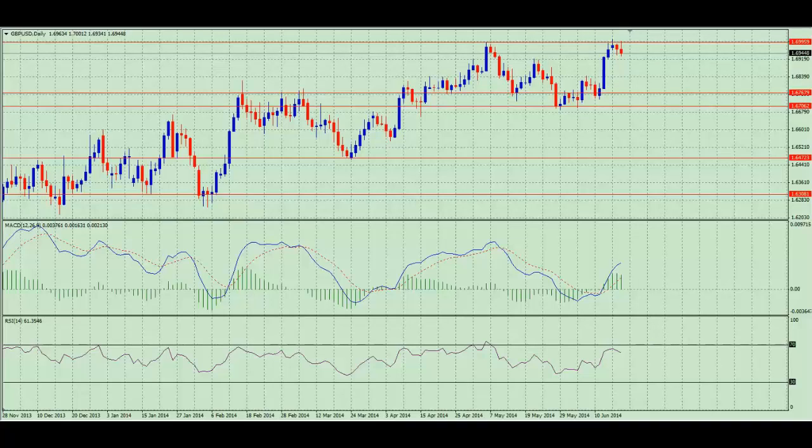We are looking at the pound US dollar today, and the main reason is that there was some news out this morning, so it's to look at how the news can potentially impact things. But also, if we look, the pound is at an all-time high of the 1.70. It's a round number. It actually says on here 1.69999.